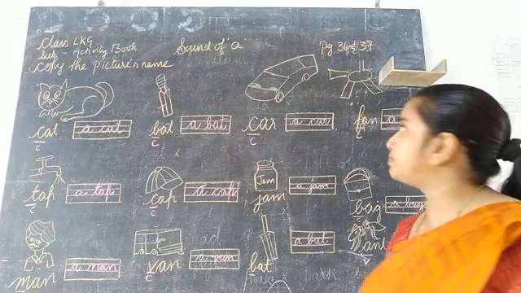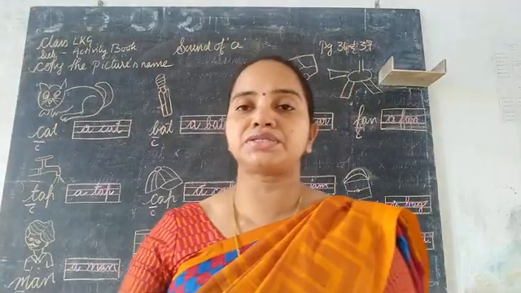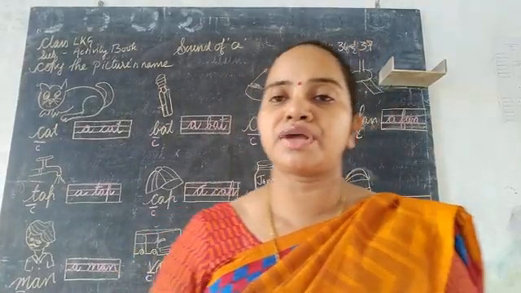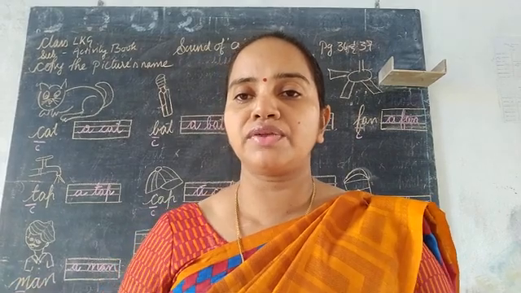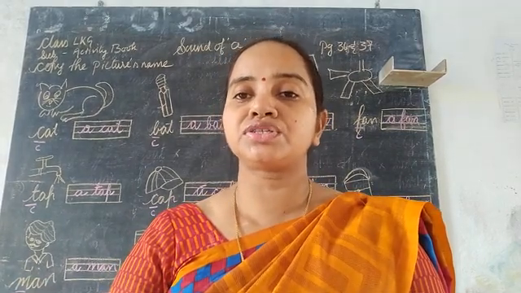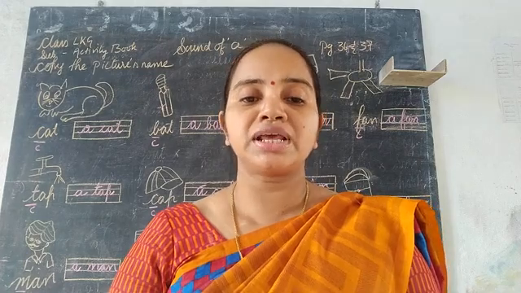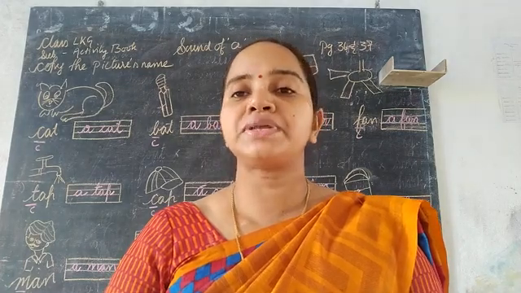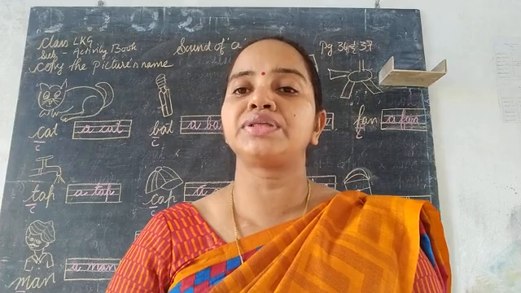In this way, we have completed page number 36 and page number 37. I presume you would have understood what is a vowel and what is a consonant. If you haven't, please rewind the video and see again and again so that it becomes clear, and ask your parents to please explain to you and help you in doing this exercise.